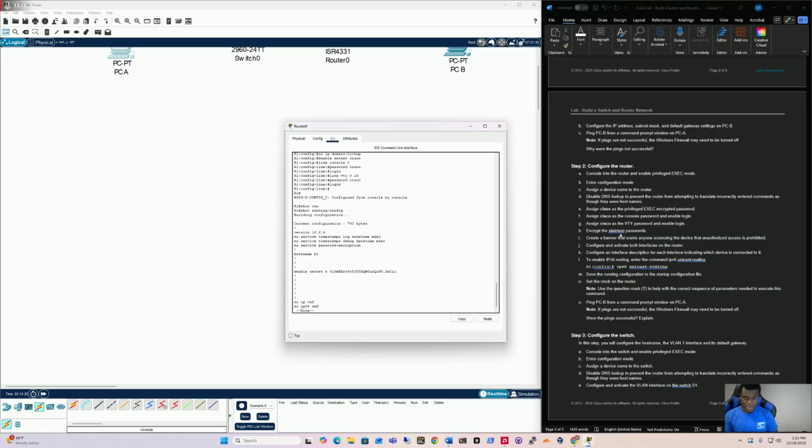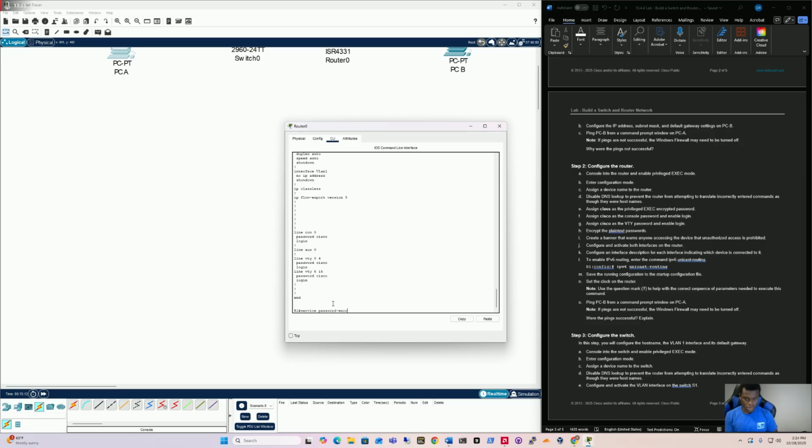The reason I was referring to, you see how the enable secret password is encrypted. Now if we keep going down further, we should see the password that we set for our virtual line right there. See how both passwords are visible while we're looking at the config. Anyone that comes to this router will be able to see those passwords. So the reason we want to encrypt the password